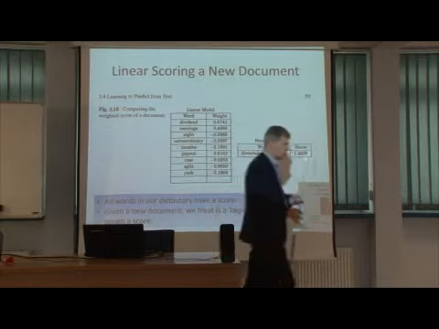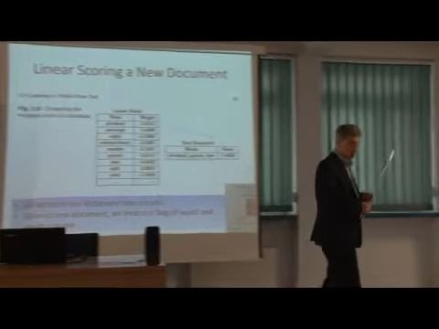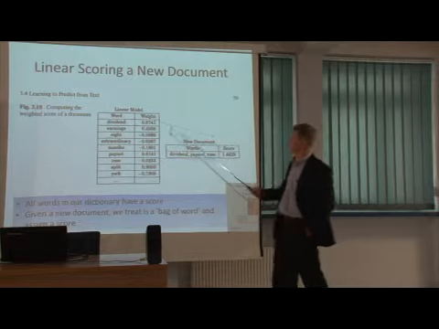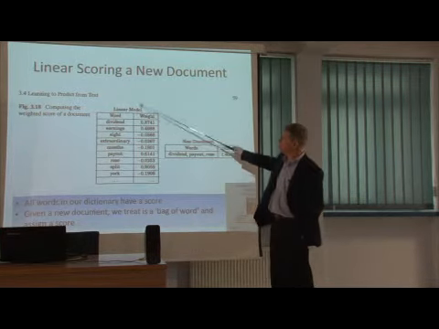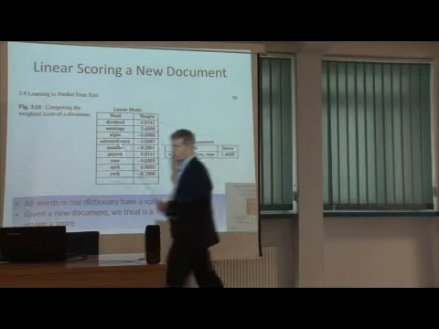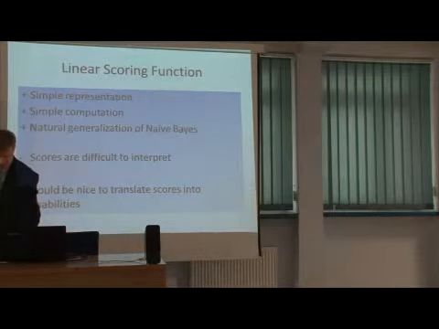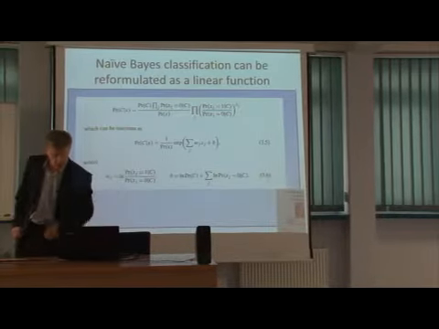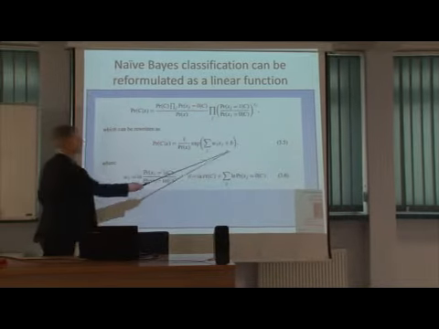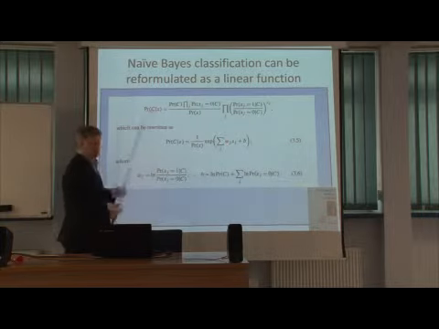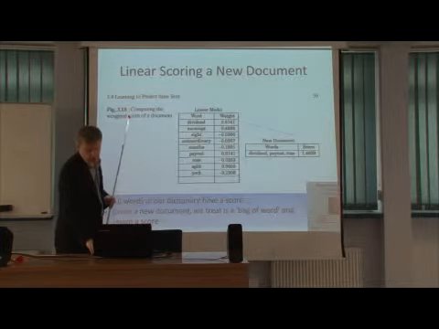If we want to score whether a document is in a certain class, for instance the class earnings, we could simply use the linear model that we have seen here. We can add these weights and a bias